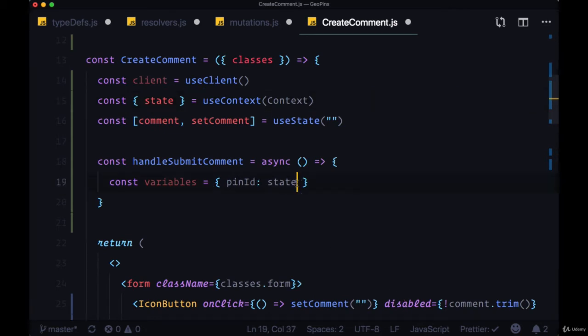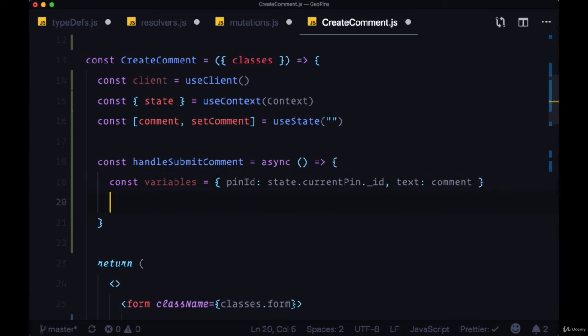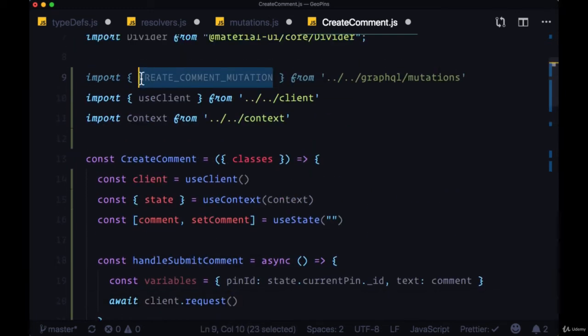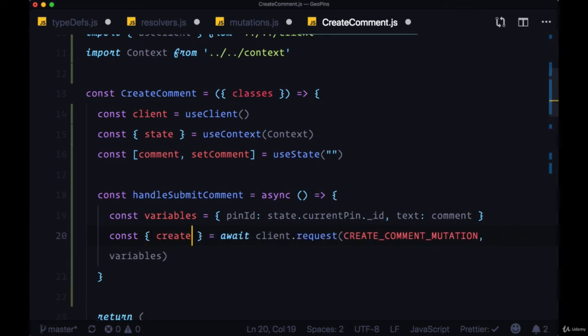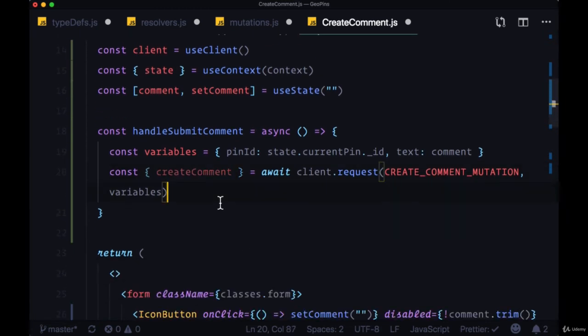So pinId is going to come from state.currentPin._id, and the text argument is going to be set to the value stored in our comment variable. Then we can await client.request, pass in our createComment mutation, and then our variables. We'll get returned to us our data object, from which we can destructure createComment,